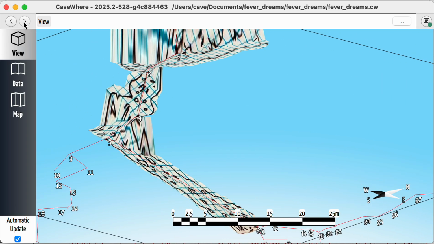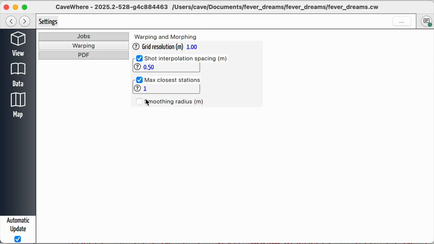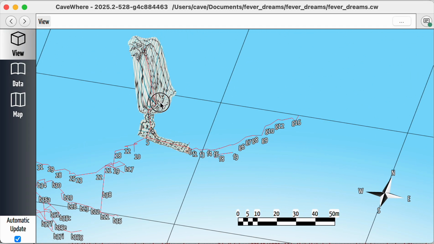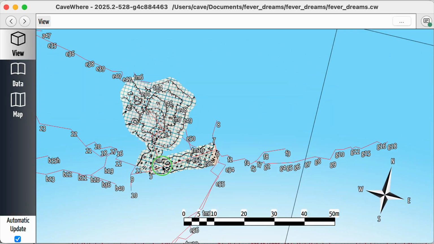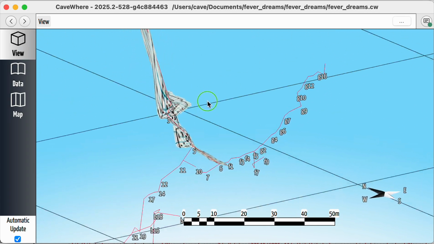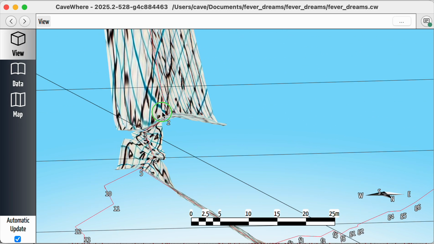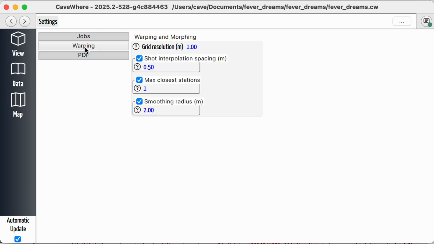And of course, discontinuities don't look all that great, but it really forces the warping to go right next to the stations. So if we go back to this guy and we enable smoothing, this will essentially do a Gaussian smoothing curve on the whole thing, and it'll smooth out that waterfall effect. So you can see that it's a little bit more smooth. One of the downsides to this is if you do too much smoothing, say if we bump this up to 20 times,